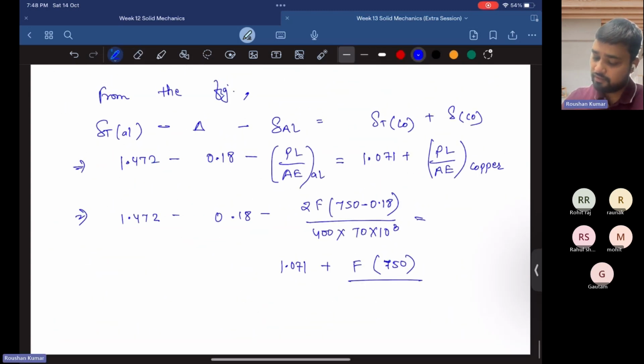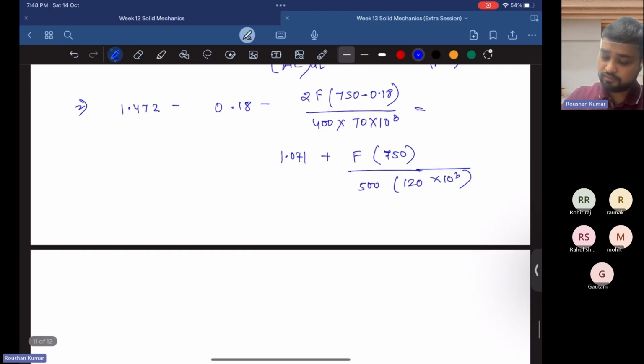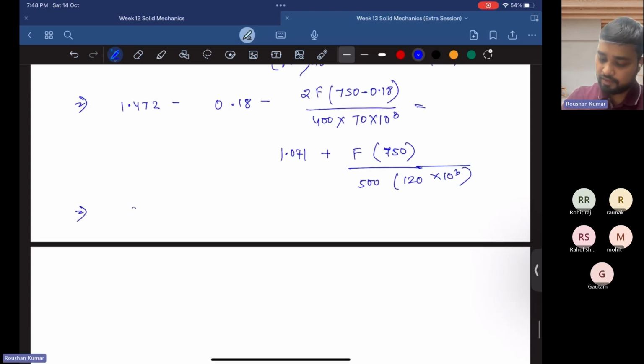So 500 into 120 gigapascal, that is 120 into 10 to the power 3. Now if we calculate this, we will find that it comes out to be 0.221